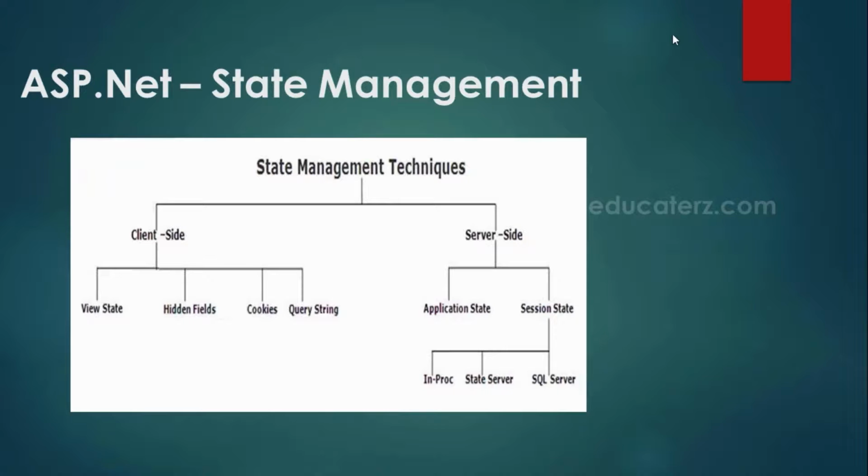Unlike view state and hidden fields, we can take the values stored in a cookie from one page to other web pages. Those are limited to a single page, but cookies we can store in one page and retrieve in another page. Let us see that in an example. Again, cookies are of two types. First, let us see practically what a cookie is. Then we'll see the different types of cookies.